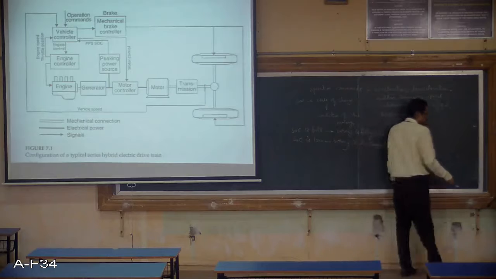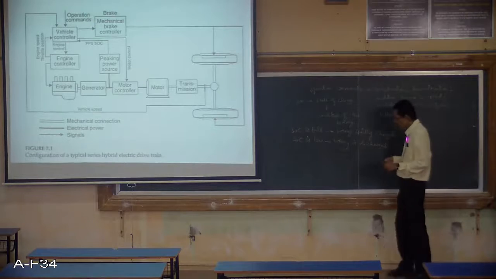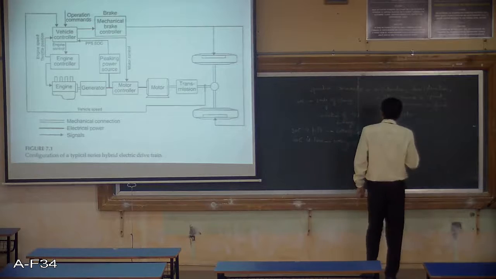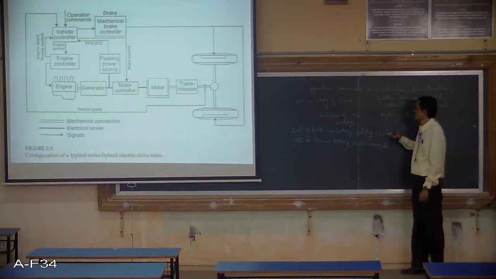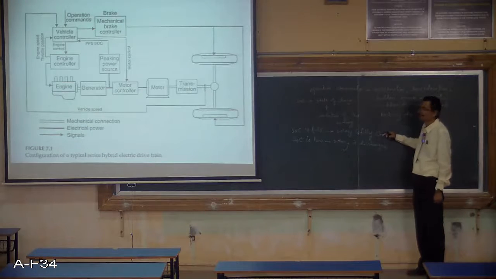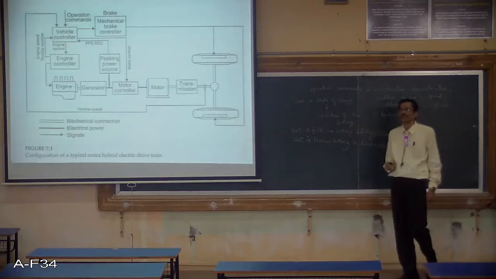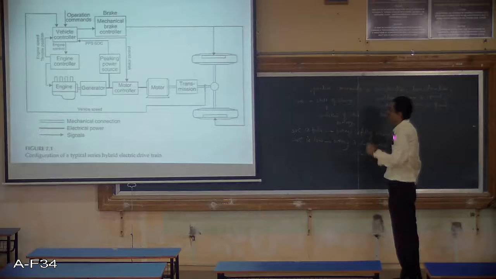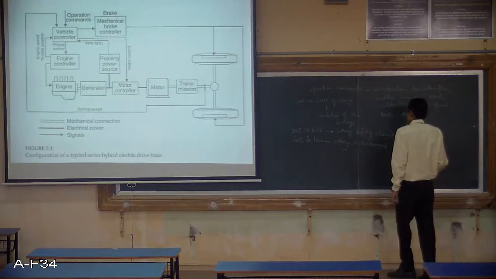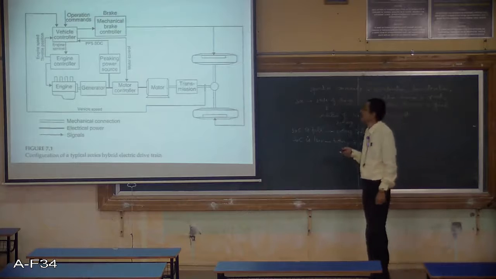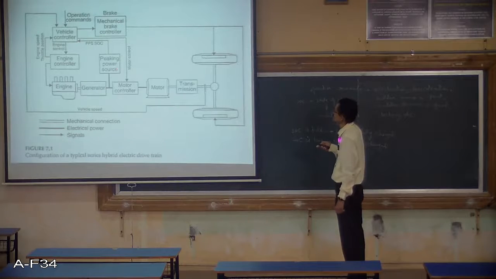So state of charge of any battery is decided by the voltage level of the battery, whether the voltage is full. In that case, the battery is said to be full of state of charge, and when the SOC is very low, in that case we can say that the battery has been discharged to a very low level, and we say that the state of charge is low. So here this state of charge is indicated to the vehicle controller. So this is peaking power source.